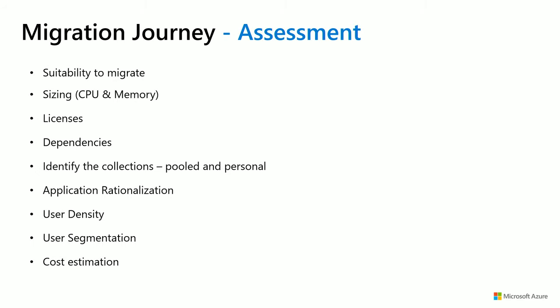And additionally, in a similar line, you also need to do application rationalization. What this essentially means is there will be applications on your on-prem desktops that are rarely used, and there will be some applications that are critical to your enterprise. So you need to understand what are my critical applications that I need to absolutely move to the cloud, and what are some of the applications that are never used. So you don't really need to deploy them in cloud.